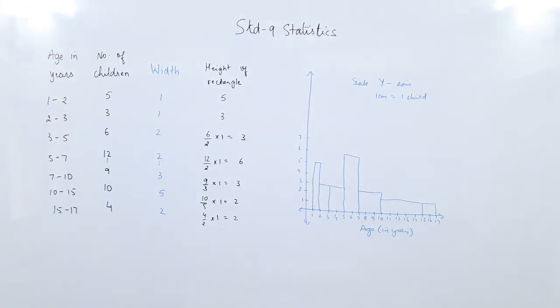So this is the practice of the graphs. Yes, we have covered all 3 types of graph today. Which ones? The bar graph, the histogram of equal width, the histogram of varying width, and the frequency polygon. So now do the exercise and practice as many sums as you can.